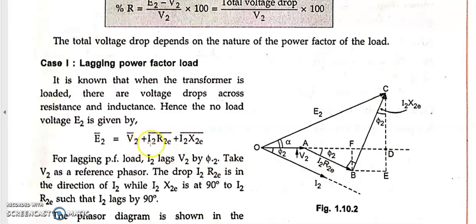Next. So V2 is done, I2 is done. Coming to I2 R2E, what type of drop is it? Again, it is a voltage drop occurring in the resistive part. If the drop is occurring in the resistive part, then this drop and current are in the same phase. That is why I2 R2E is drawn parallel to I2 at the tip of V2, because V2 has to be summed up, so we need to draw at the tip of this.